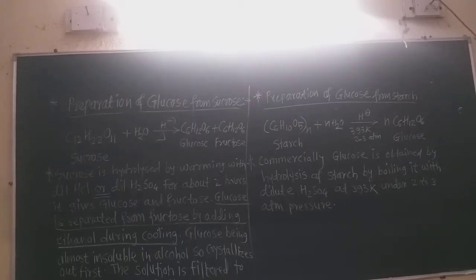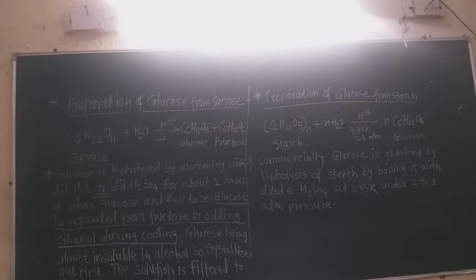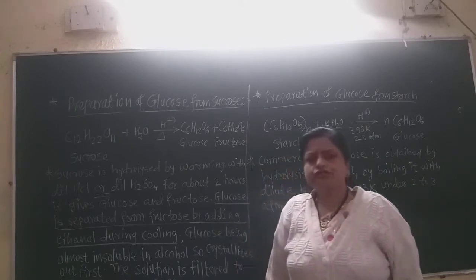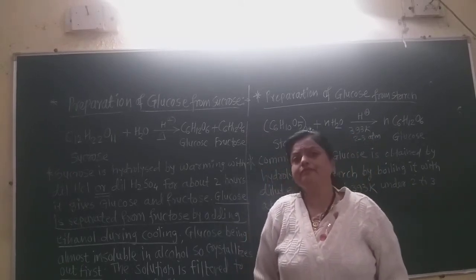Now yesterday we have already seen the classification of carbohydrates. Glucose is one of the carbohydrates and it is called a monosaccharide because after the hydrolysis of glucose there is no formation of any simpler units of the carbohydrates. This is the last, that is the monosaccharide. By hydrolysis of starch, glucose may be obtained.